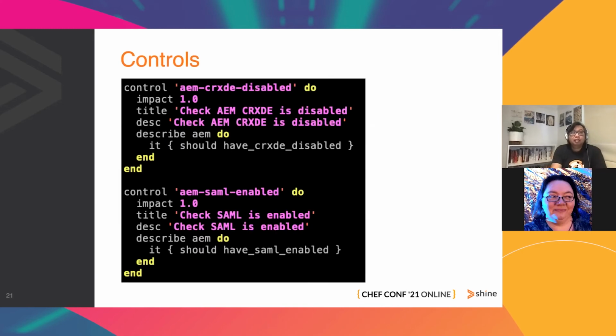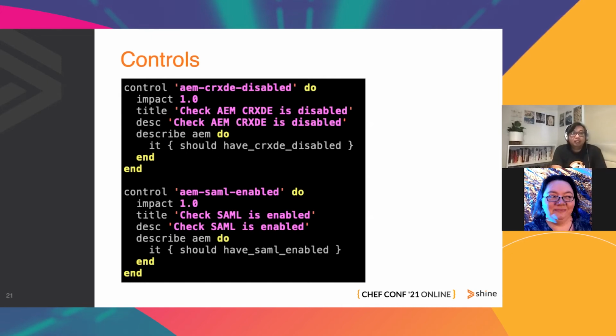So let's look at the controls. For this simple example, I have two controls. The AEM application has a feature called CRXDE, which is useful for development, but it shouldn't be enabled in production. So I introduced a control called AEM CRXDE disabled. And the second control I have is AEM SAML enabled.